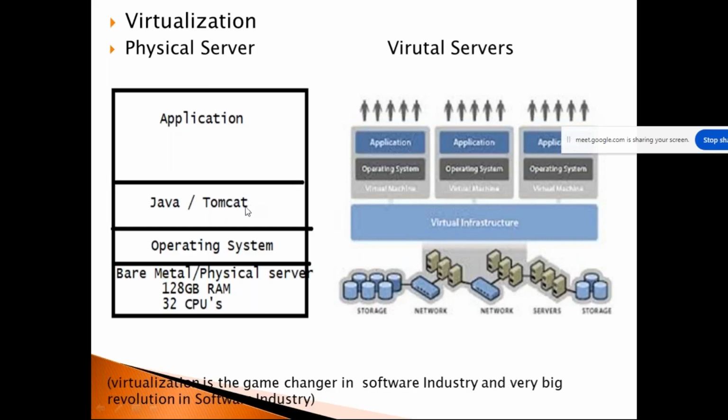But the problem is Tomcat requires Java 1.8, JBoss requires Java 11. Can I install more than one Java version on the same server, same operating system? I already have 1.8. If I install Java 11, it is going to overwrite it. For instance, if you have Windows operating system and I install Linux again, it is going to corrupt the Windows operating system. In a single disk, we can't install more than one.